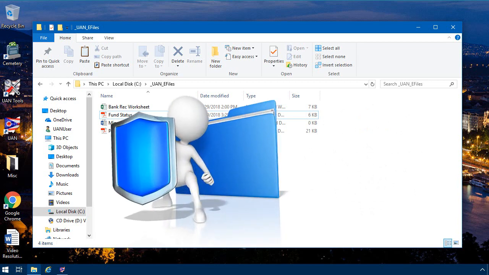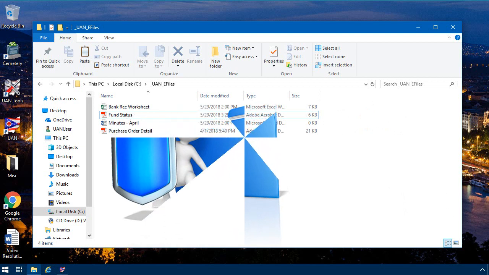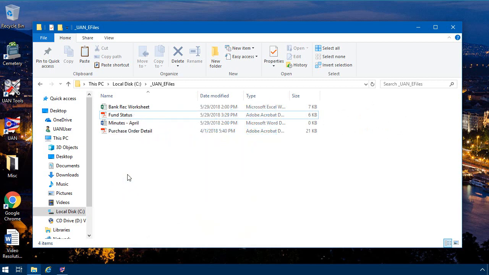your governing board can consider purchasing third-party software that can make it extremely difficult for crooks to get to your files. UAN staff, though, is not authorized to